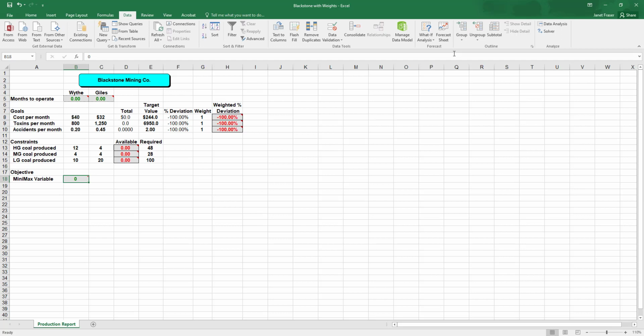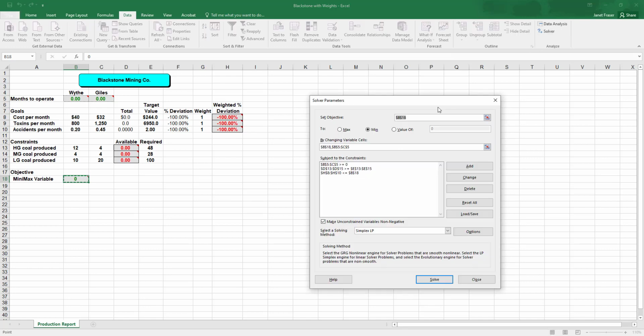So we can go into Solver. Our objective function is B18, and we want to change the value in B18 as well as the values in B5 and C5. By having it change B18, again, that frees up Solver to evaluate all of the possible ways that it can minimize the maximum deviation. And then we have the same two constraints that we had in our previous spreadsheet, that B5 and C5 must be greater than or equal to 0,